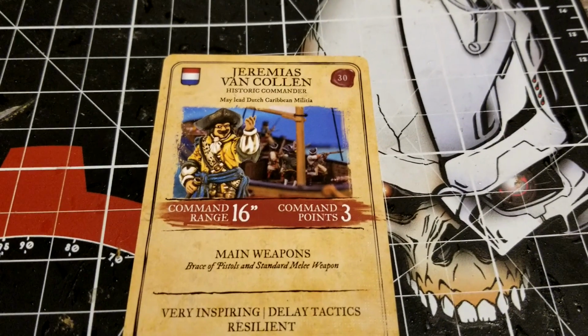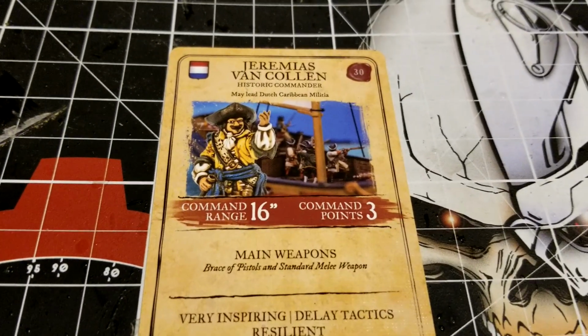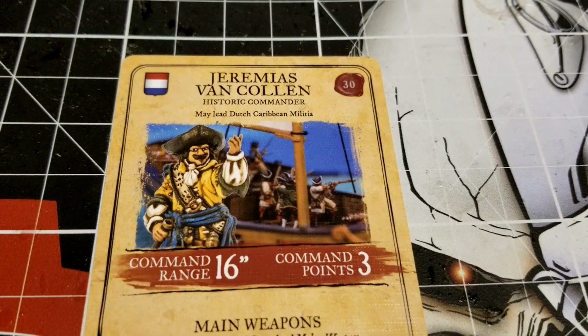Hey everybody, welcome back to the channel and more Blood and Plunder coverage here as we work our way through the Dutch commanders. So today we got a big boy here, and that is Jeremias Van Collen, 30-pointer, can lead